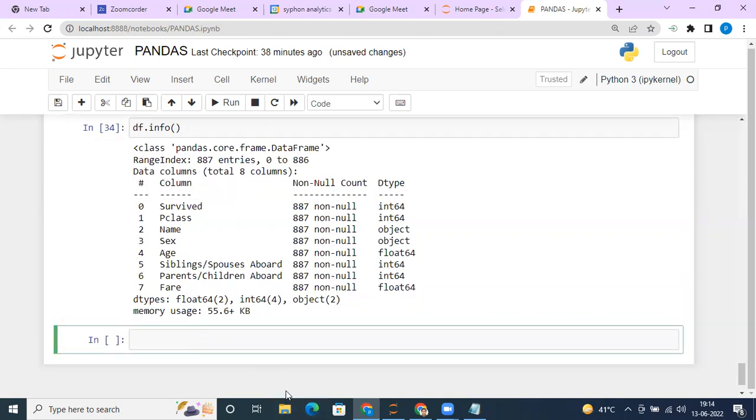I think it is in D drive, if I'm sure. I have to check that. So let me come here. Let me try df1 equals pd.read_csv, and it's in D drive. So I have to mention the path properly. So I'm mentioning d colon slash, and I think my file name is, if I'm correct,